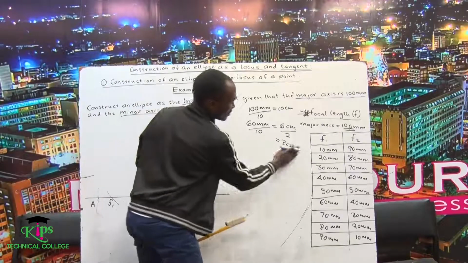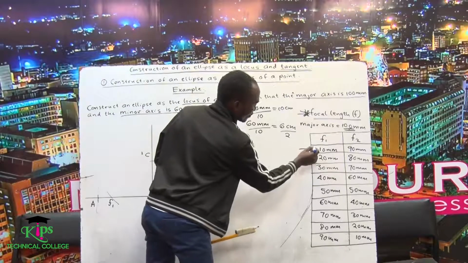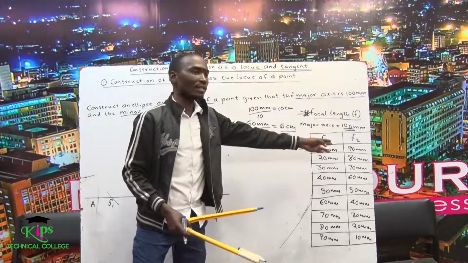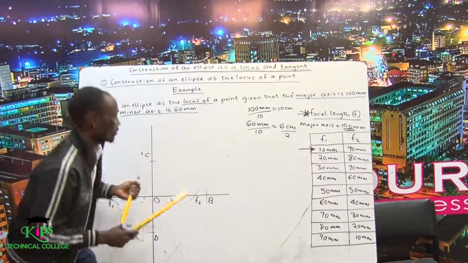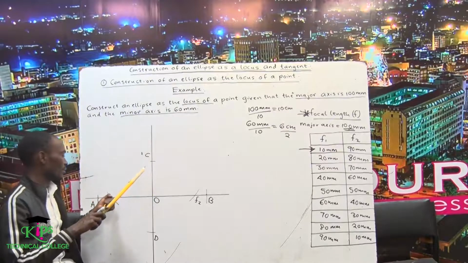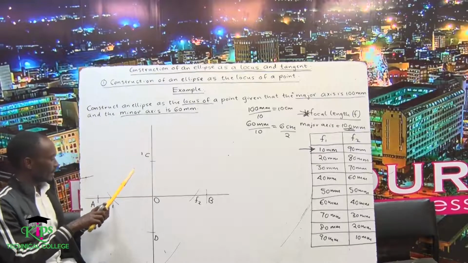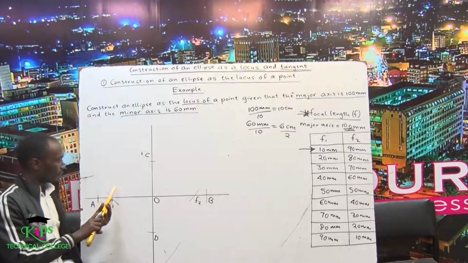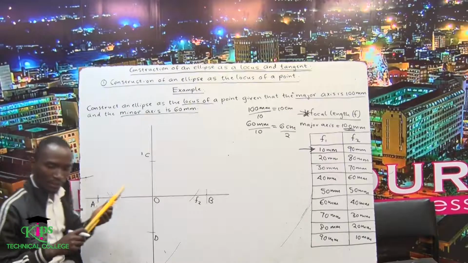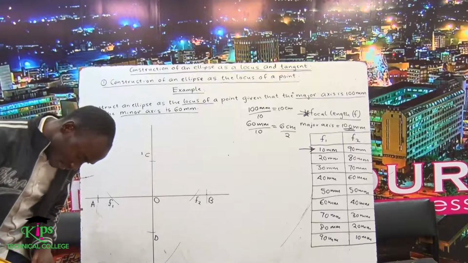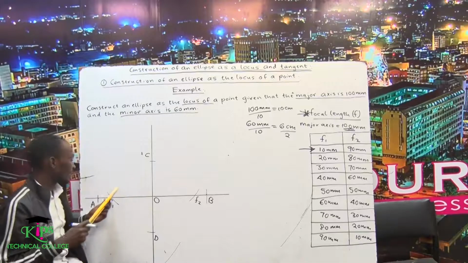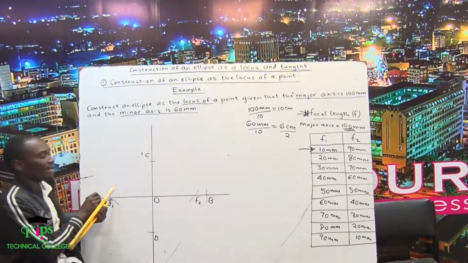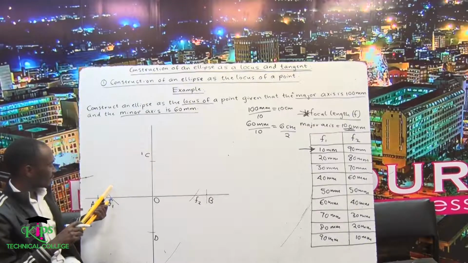So let's begin with F1, this one. F1 is 10 millimeters, 90 millimeters at F2. F1 should measure 10 millimeters. So stepping at F1 at 10 millimeters,